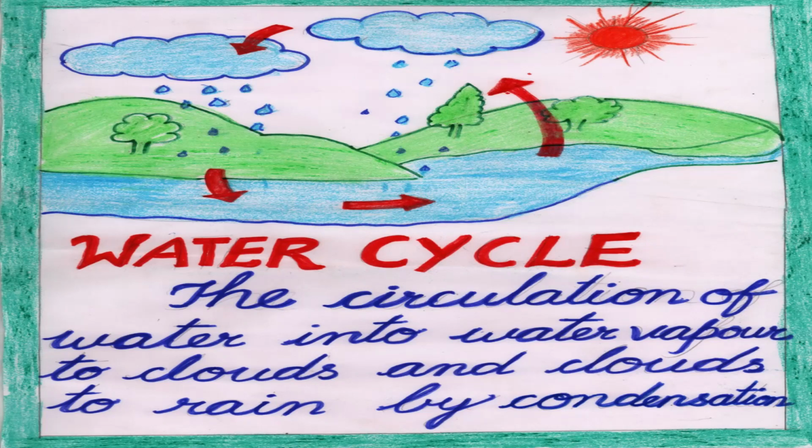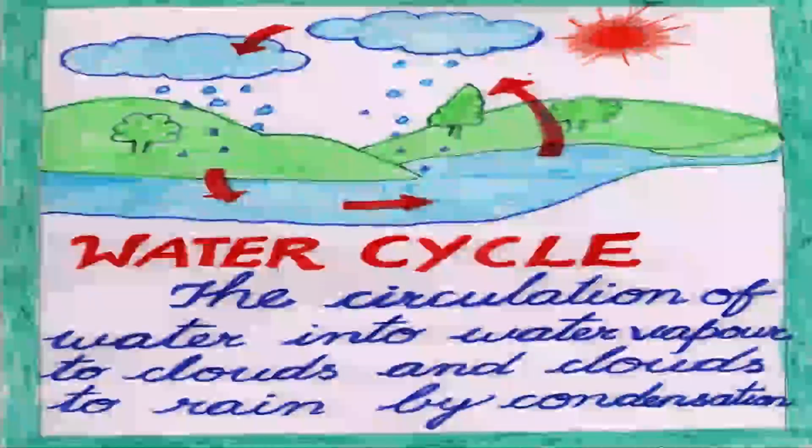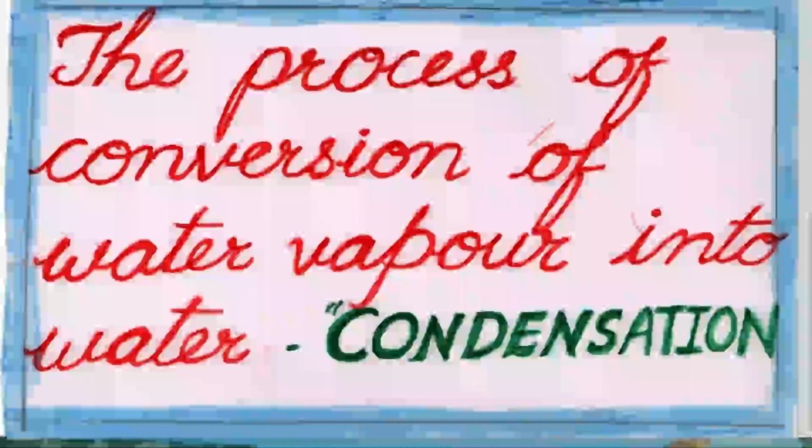So the circulation of water into water vapor, to clouds, and clouds to rain by condensation is nothing but the water cycle. I have already mentioned condensation. What is condensation? As I said already, the water vapor changes to water. In the clouds, the process of conversion of water vapor into water is